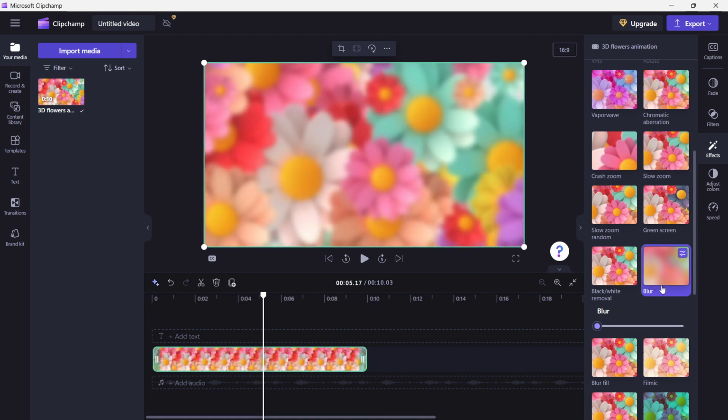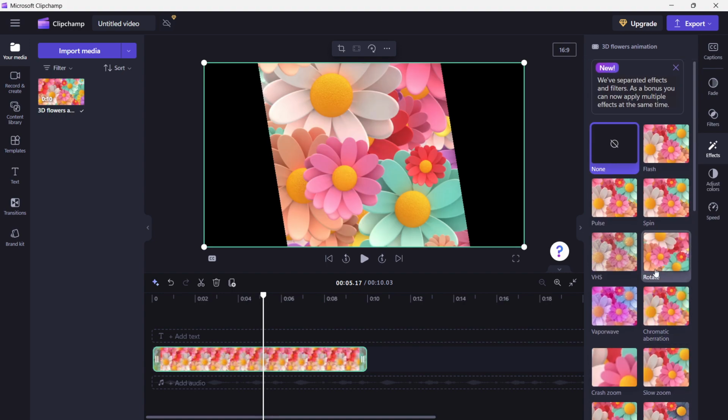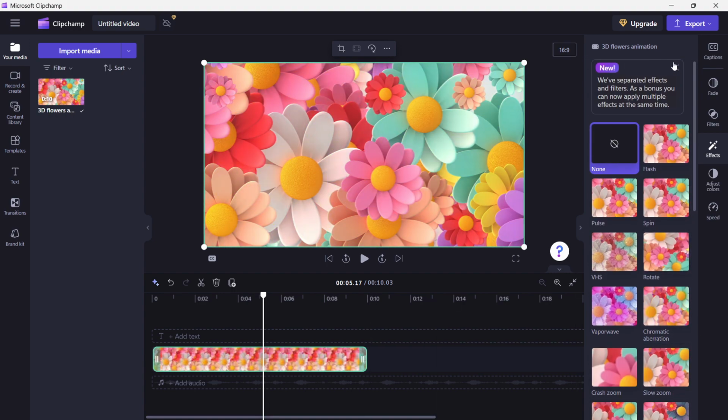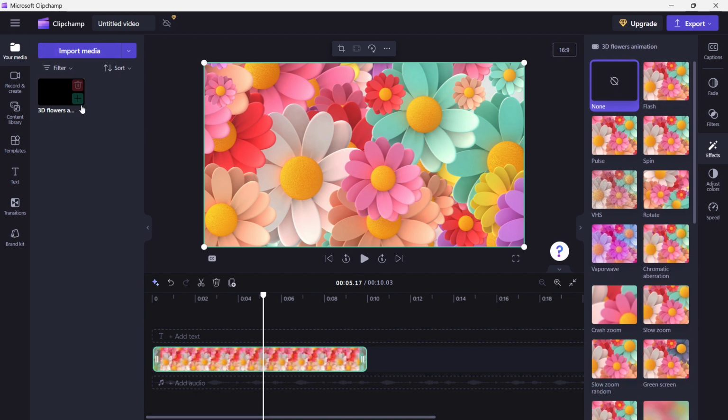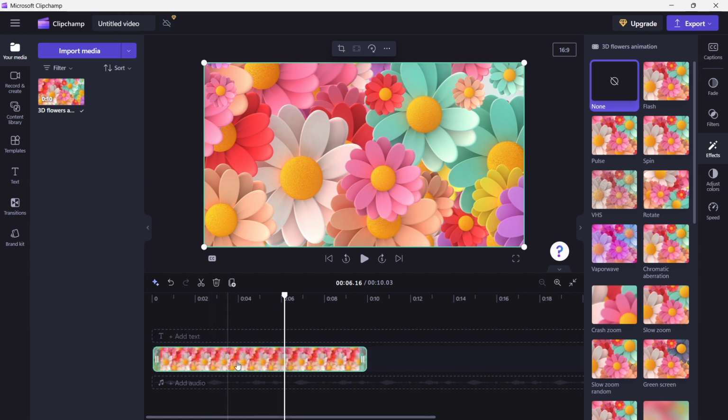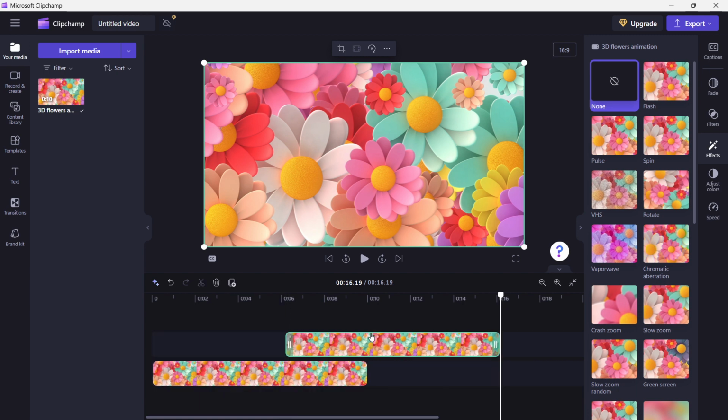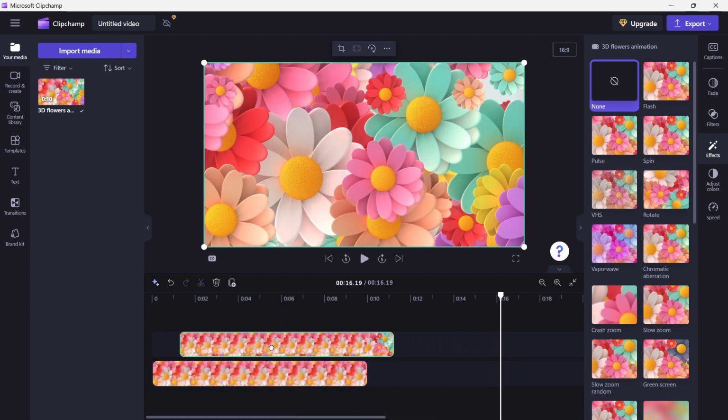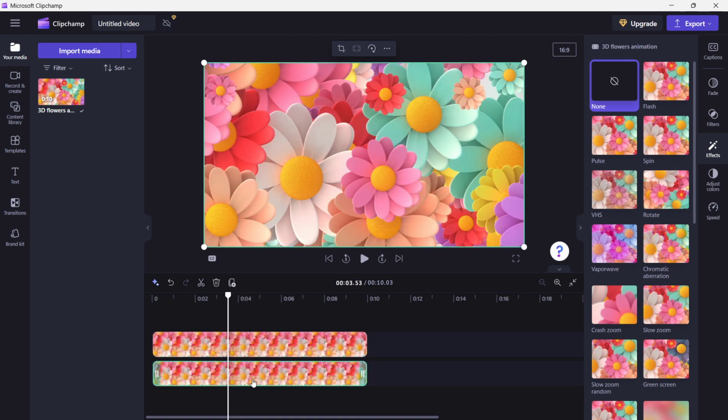But if you want to add blur to only a part of the video, so if you want to only blur this flower up here, let's say, this is how you do it. So first, I'm going to remove blur from the image, and then what you want to do is add a piece of video in here, okay, and then duplicate it on top of another. So what you do is simply Ctrl+C this and then Ctrl+V, so it's going to paste that same video inside the timeline, and then you have to move it on top of the previous bottom layer,